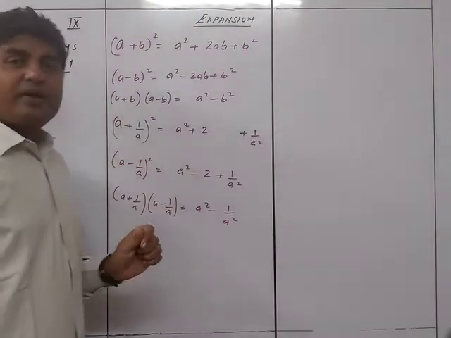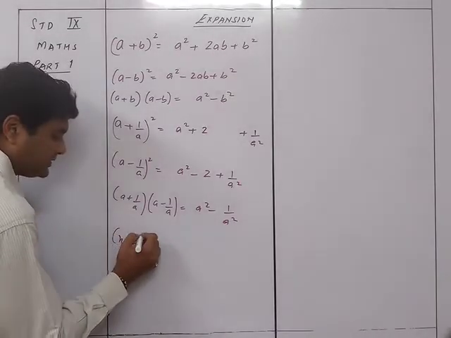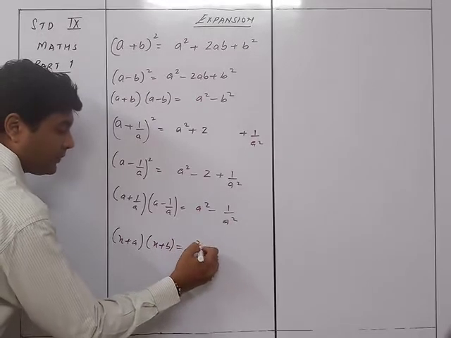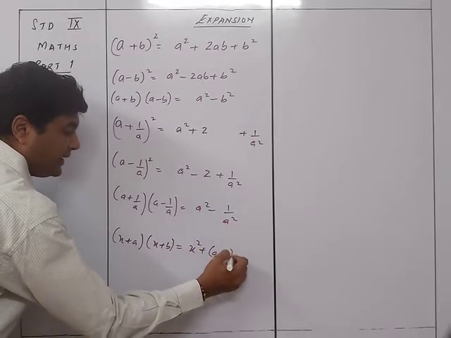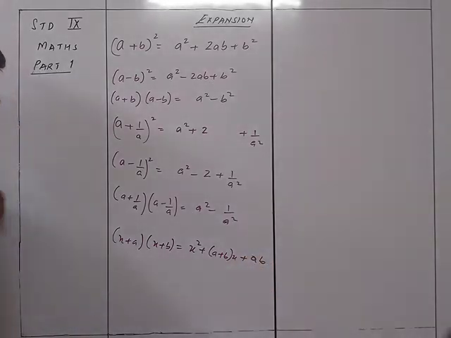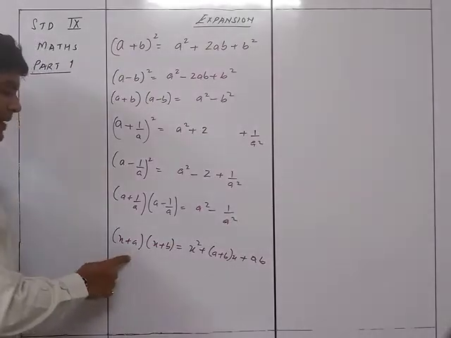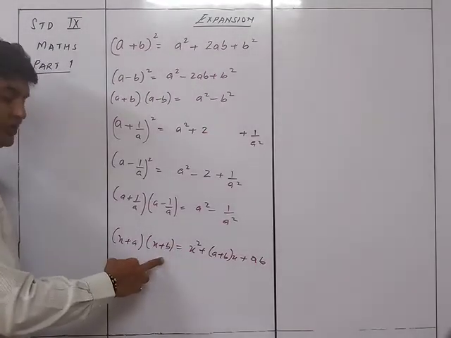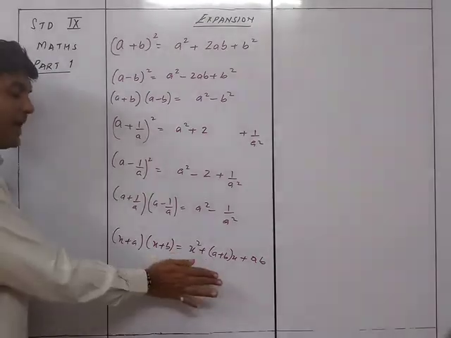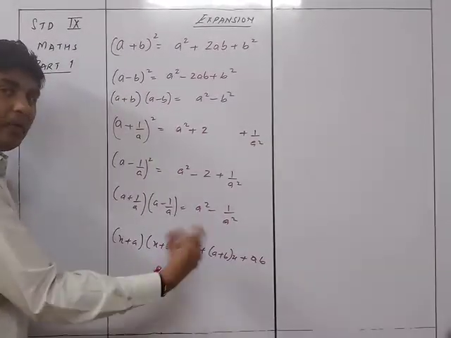For the 7th one they have given 4 of them, but I would say you can just learn one of them. x plus a into x plus b will be equal to x square plus a plus b into x plus ab. Now in this case they have given you 4 formulas where they have taken this as minus or this as minus or both as minus. So I'll say it is better that you keep this as it is, and if there is a minus, we will take that minus there.